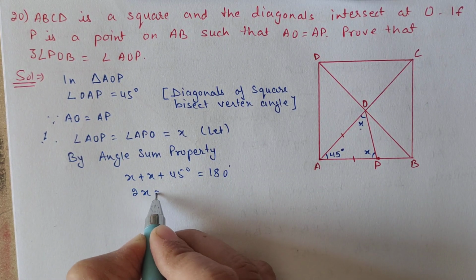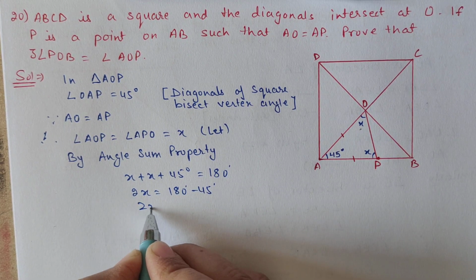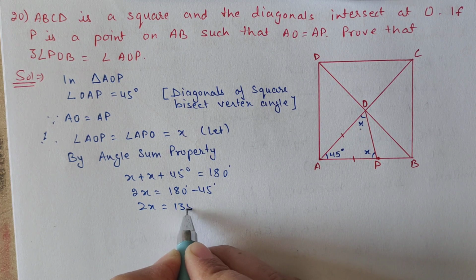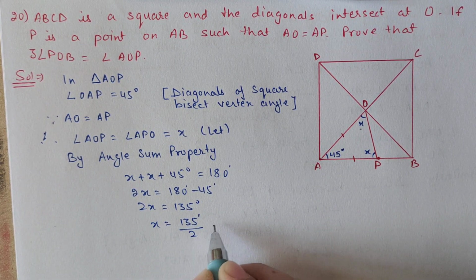So 2X is equal to 180 minus 45, or 2X is equal to 135, or X is equal to 135 divided by 2,